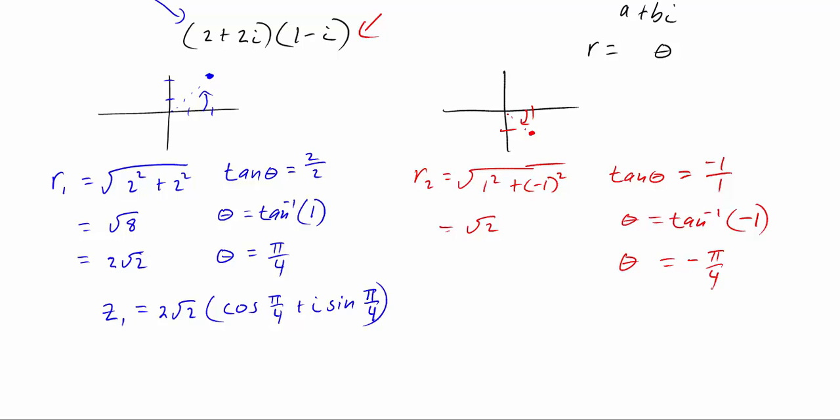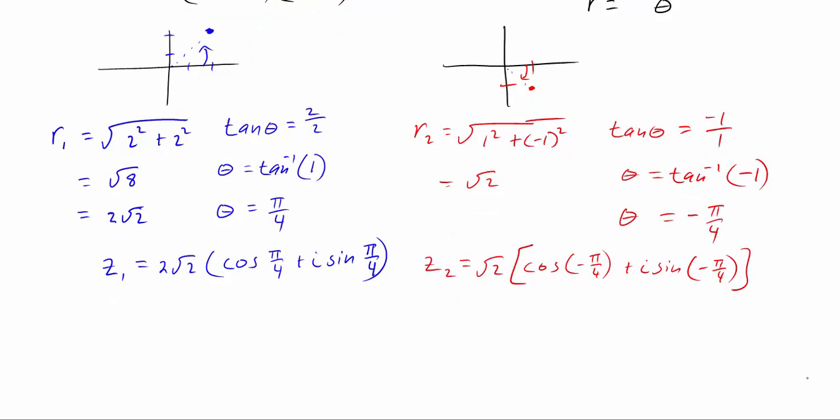pi over 4. So therefore, this number would be, if we call this z sub 2, we would have the square root of 2 multiplied by the cosine of negative pi over 4 plus i sine of negative pi over 4. So here we have converted from standard to trig form, so 2 plus 2i multiplied by 1 minus i. So here we want to multiply